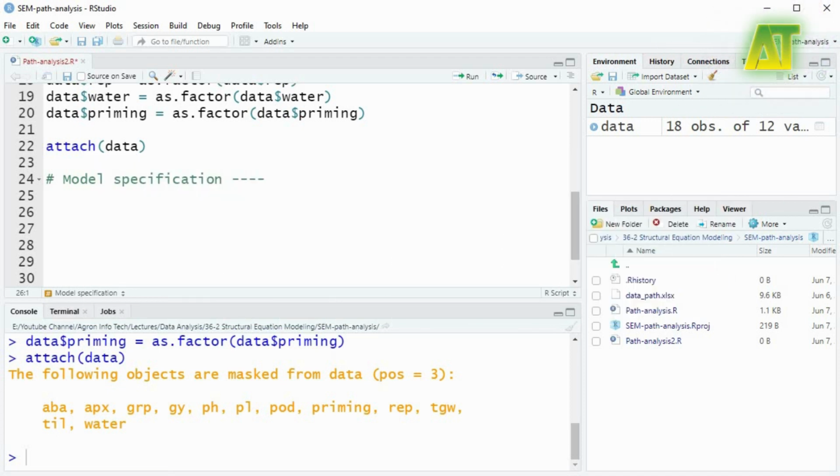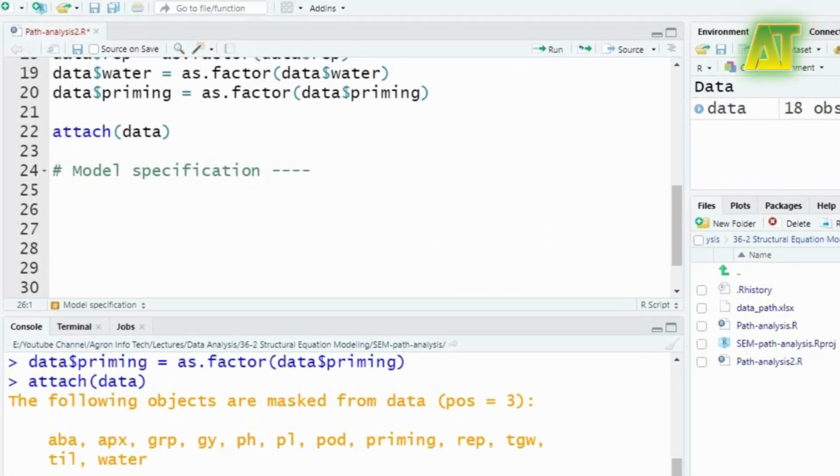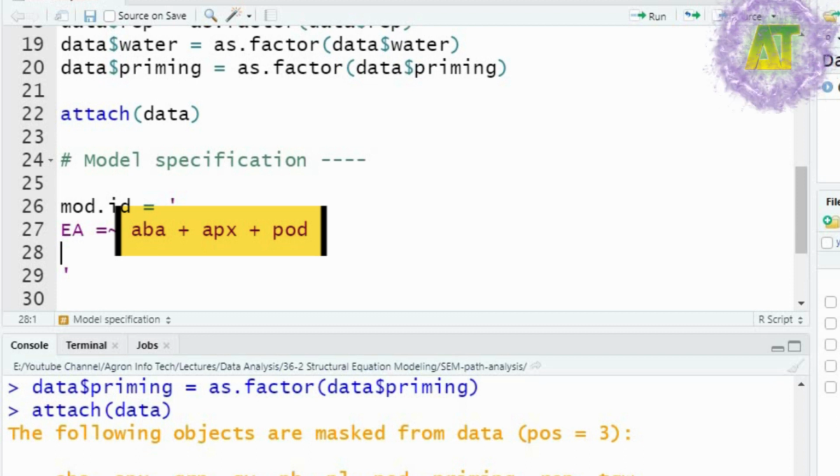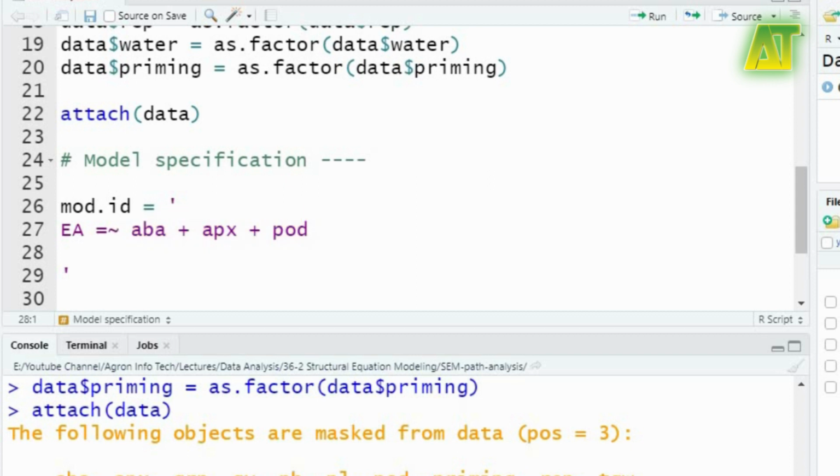In this example, I am specifying mod_id as the model where the latent factor, which I am calling EA, basically represents the enzyme activity. There is an equal sign followed by a tilde, and on the right hand side there are observed variables. So the latent variable EA is indicated by these observed variables in the dataset.